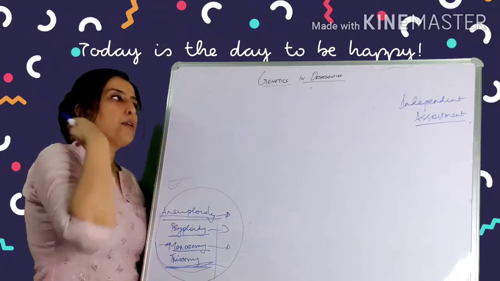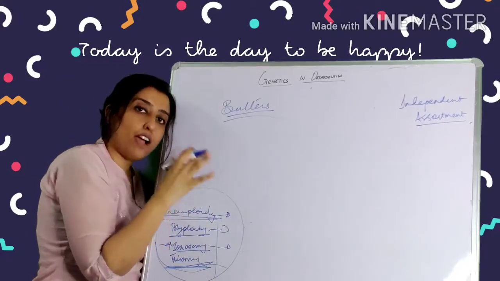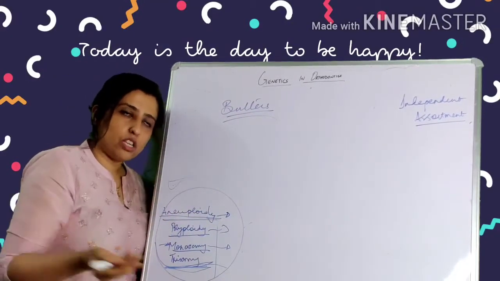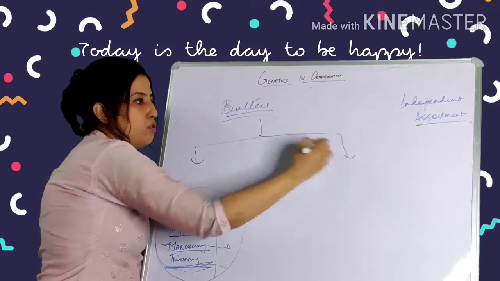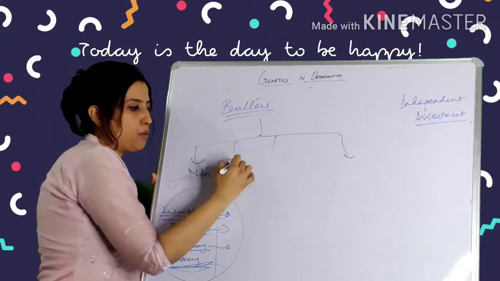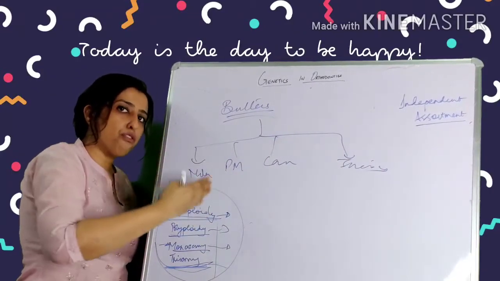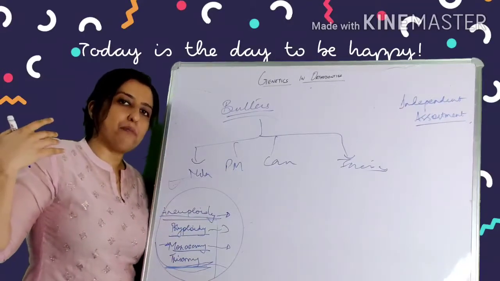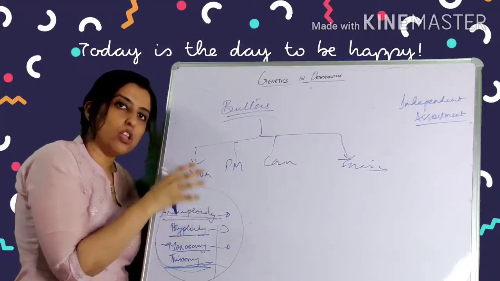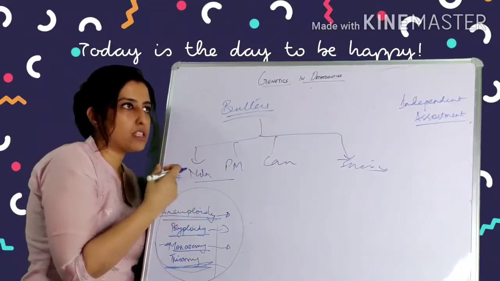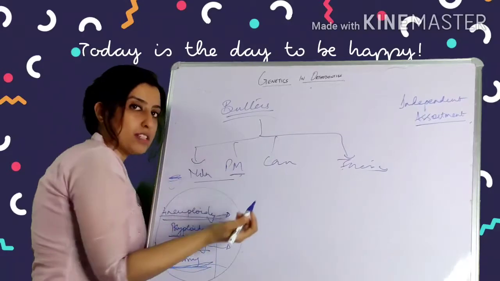Alright, then what about Butler's field theory? Butler's field theory is basically more of anthropology, because he had studied the evolution. He had divided the oral cavity into 4 areas: the molar, premolar, canine and incisor. His concept was that as we move farther distal in the segments, chances of aberration in those areas are more. Changes in structure or missing tooth, that is more. That's why you most commonly see that the third molars are missing or the premolars are missing.